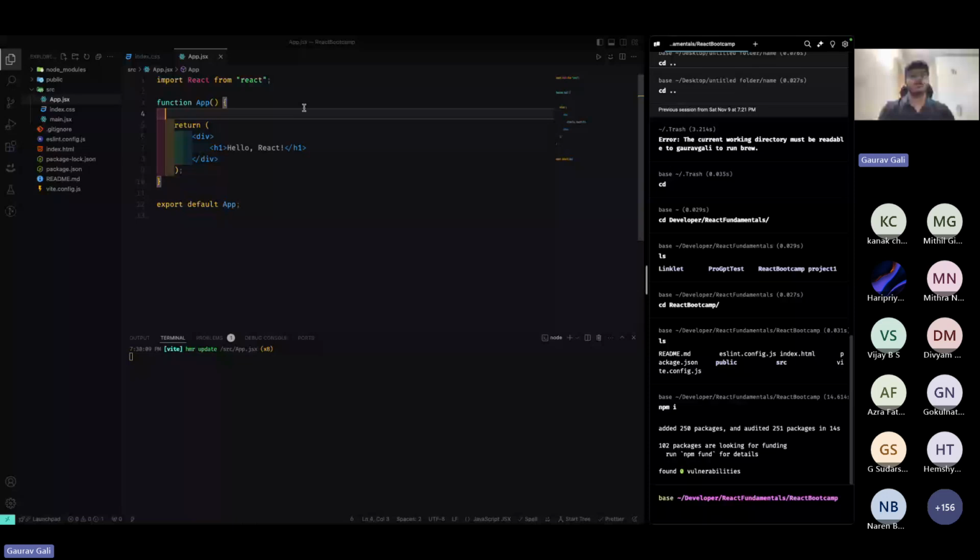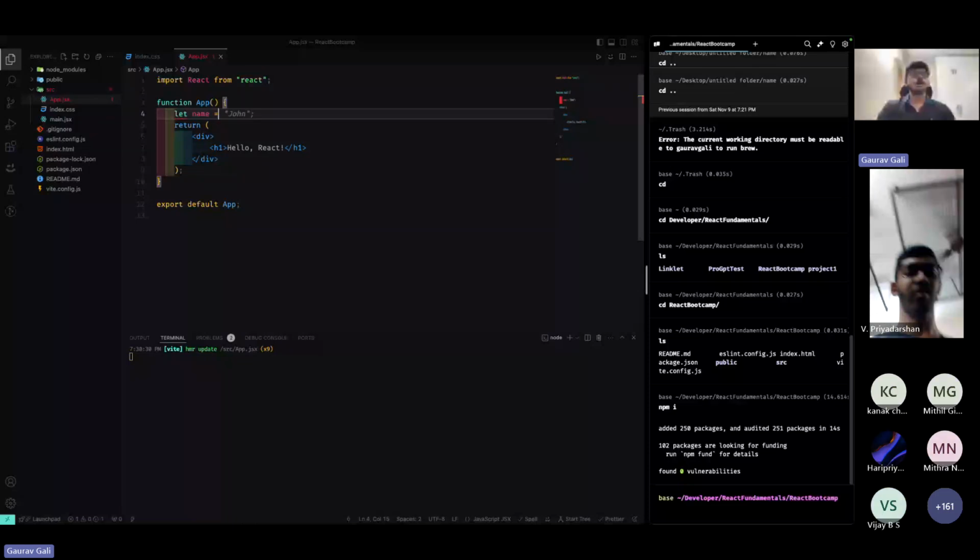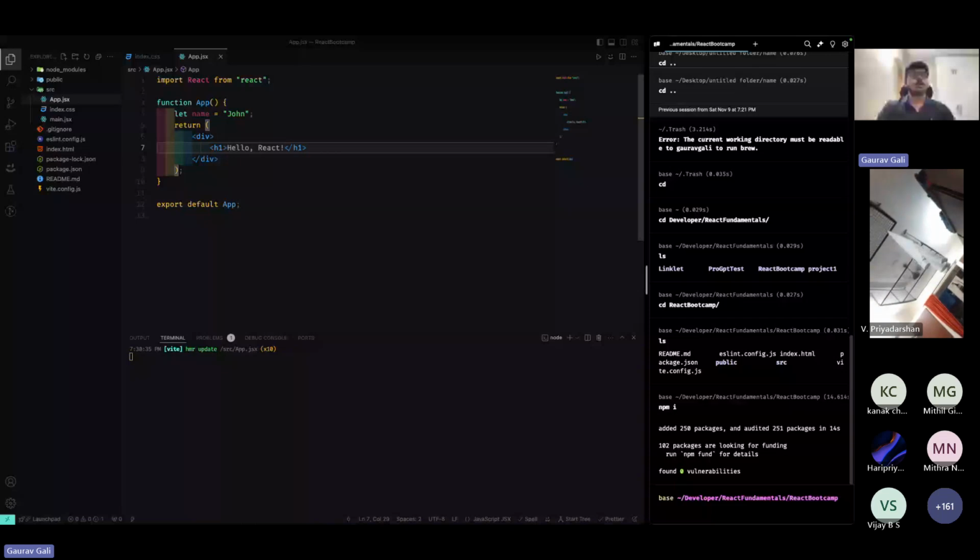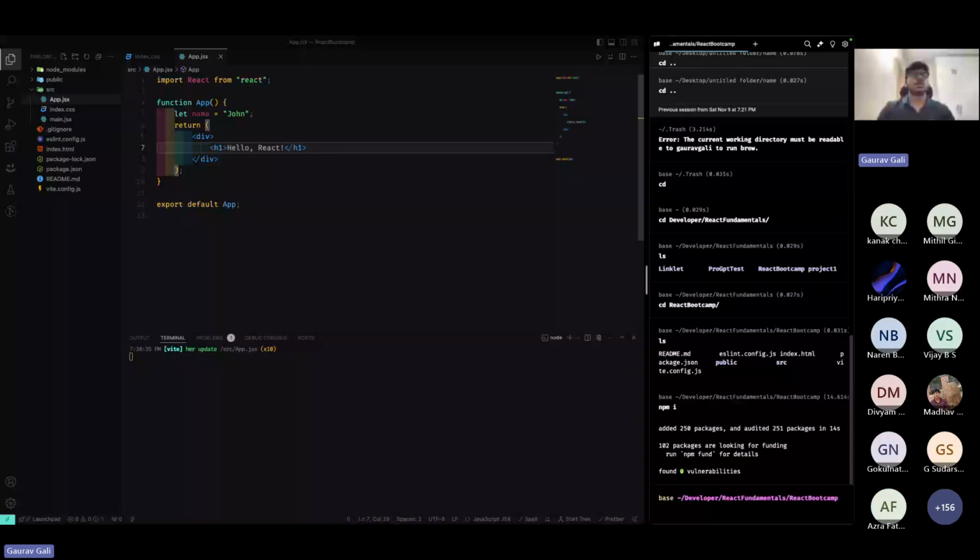So to simulate that, let's simply have a variable. Let's say name. So now our goal is to display this name dynamically inside this HTML tag. So what you have to do is simply wherever you want to use that variable, just put curly braces, right? And just put the variable's name. That's all. So now if you go back to your application,